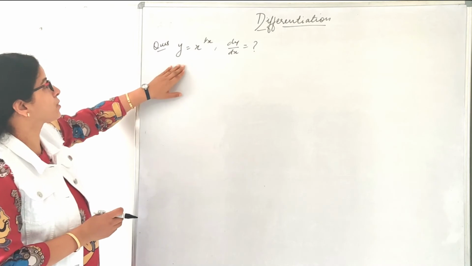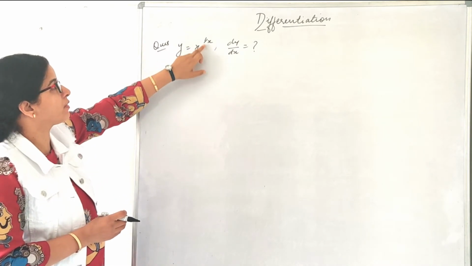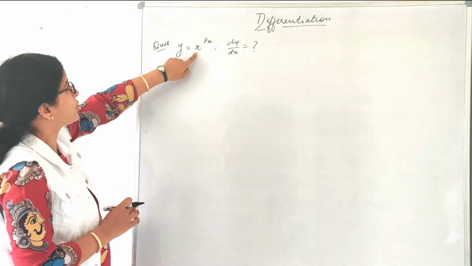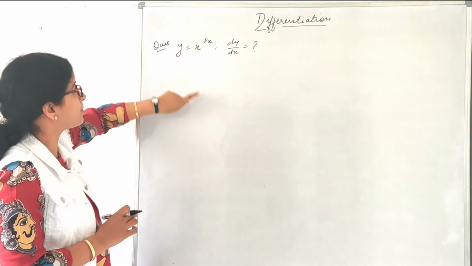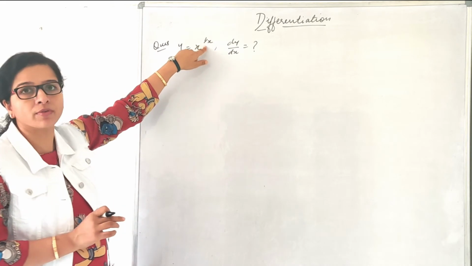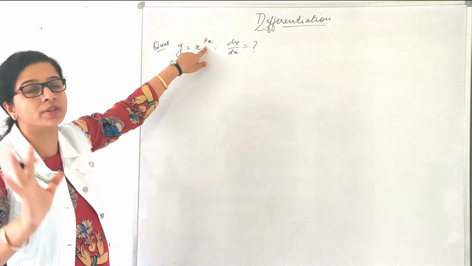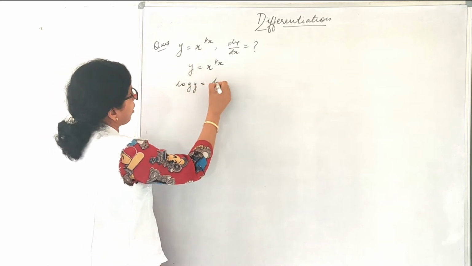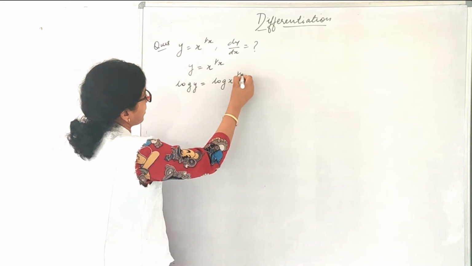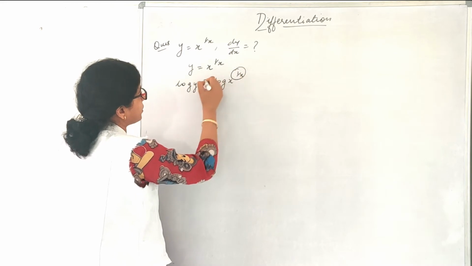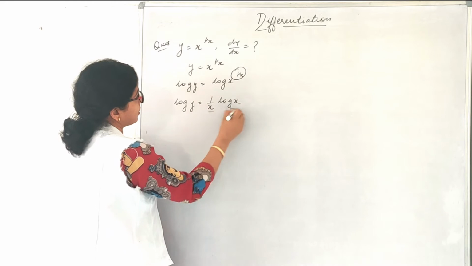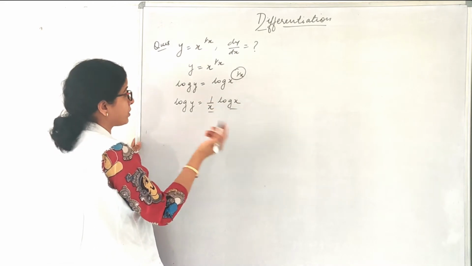So now let us take this question. y is equal to x raised to the power 1 by x, and we have to find the derivative of this function. Now see, function raised to the power function. So always remember, whenever it is function raised to the power function, we have to do logarithm differentiation. Take log on both sides. So log y is equal to log x raised to the power 1 by x. Now this power will come down using the property of log. Now we'll use the product rule here, or you can use the quotient rule also, both are correct.